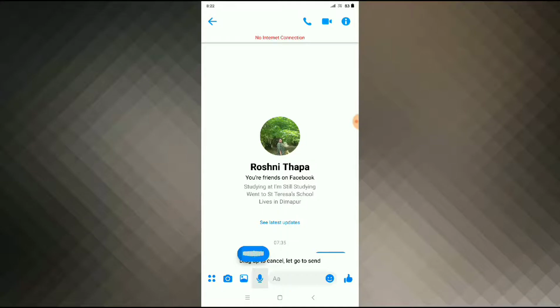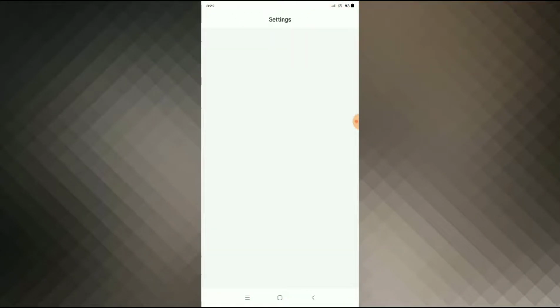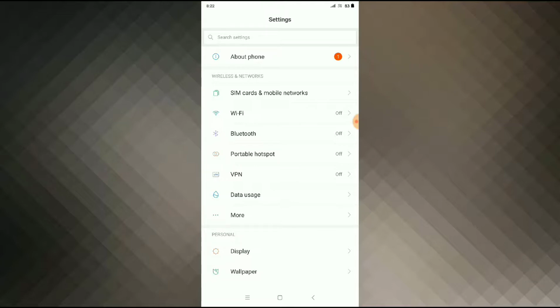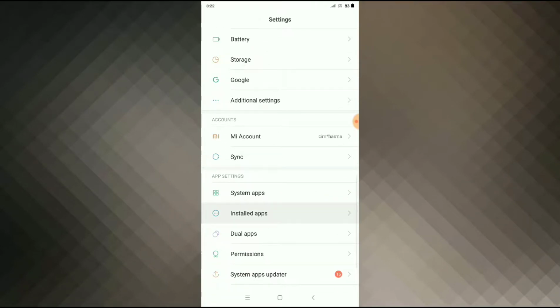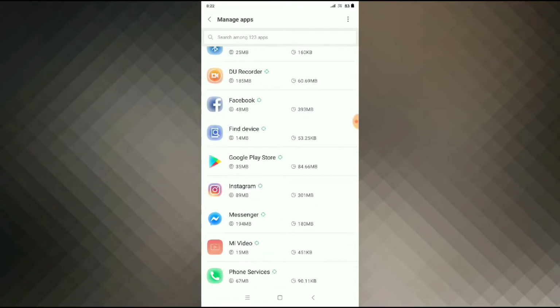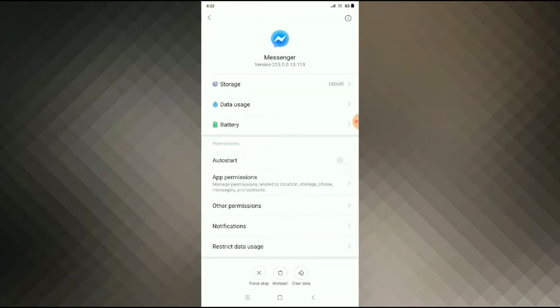In this video I will show you how to fix voice record in Messenger app. So guys, for this you have to go to your mobile settings, and then you have to go to install app or app management or app manager. You can go to any of them, and then I will go to install app, and then we have to search for Messenger. Here it is. Click on Messenger, and first you have to